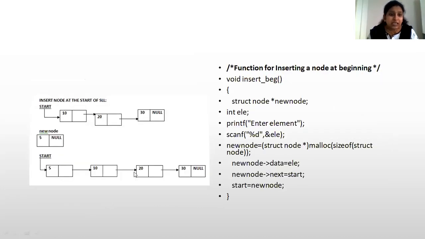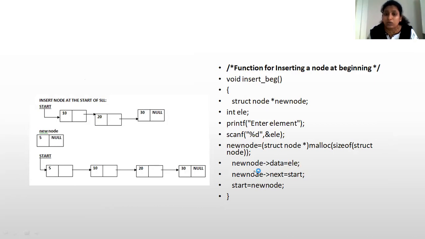See, if you want to insert a new node at the beginning, a list is already there with the elements 10, 20, and 30. We are going to insert a new node at the start so that now the list will look like this. And this is the function definition for inserting a node at the beginning. We are going to create a new node.